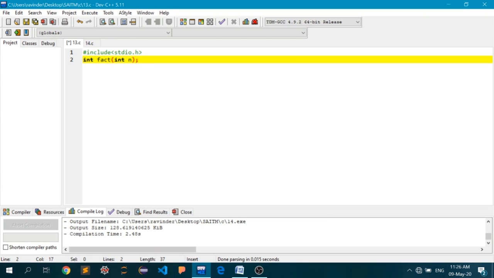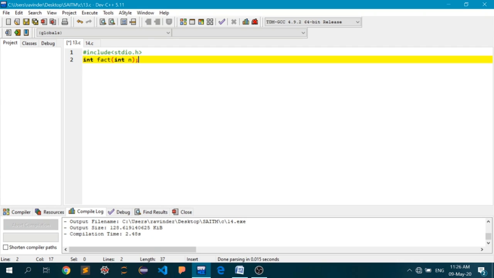This is the main signature of my function called fact, which will calculate the factorial of a number. It returns an integer value, and I will pass an argument, the formal parameter n, which states the number for which this function should calculate the factorial.